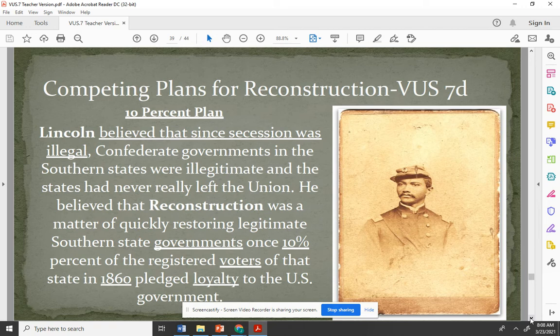Right? He believed that Reconstruction was a matter of quickly restoring legitimate southern state governments once 10% of the pre-registered voters of that state in 1860 pledged loyalty to the U.S. government. This was nice because if 10% of the people said they wanted to join the country again, the state would. That's 10% speaking for 100%. It's a little lopsided, so that might have not worked out. Unfortunately, we are not going to see Lincoln's plan,